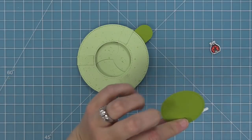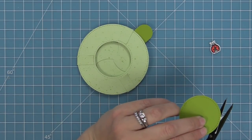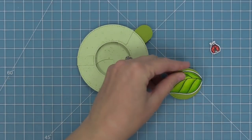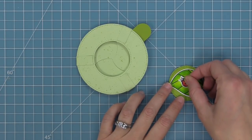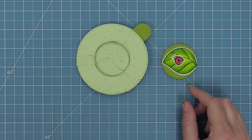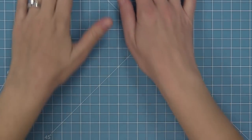We're going to take that big, beautiful leaf from Hey Lady and attach that onto our green ring, and then we're going to take that cute little ladybug and attach that right onto the leaf. Then we're going to take these 2 pieces and we're going to put them aside for now and work on